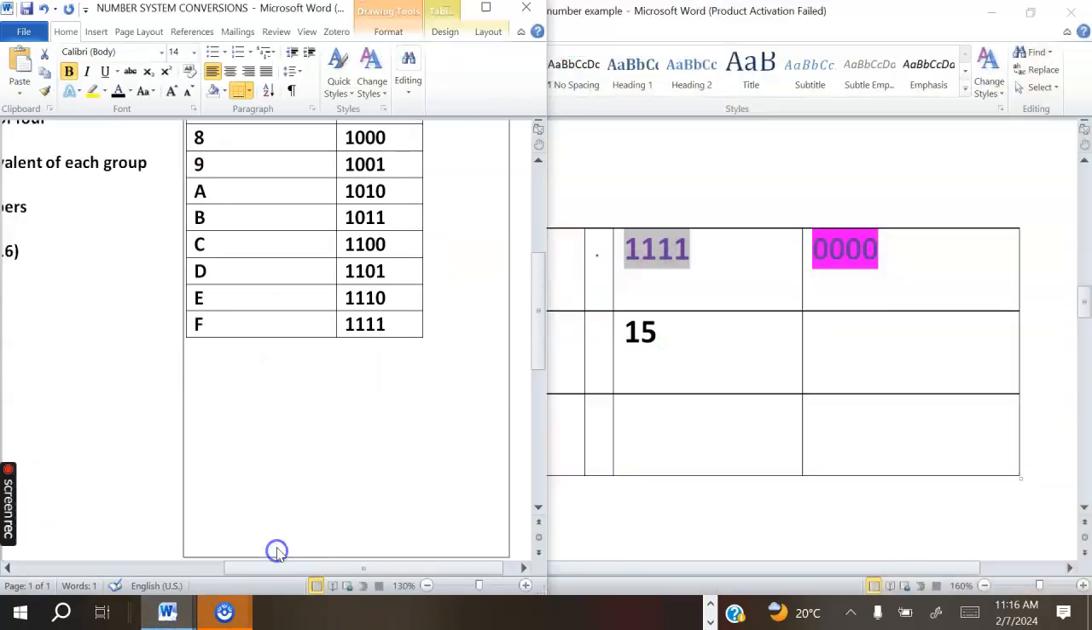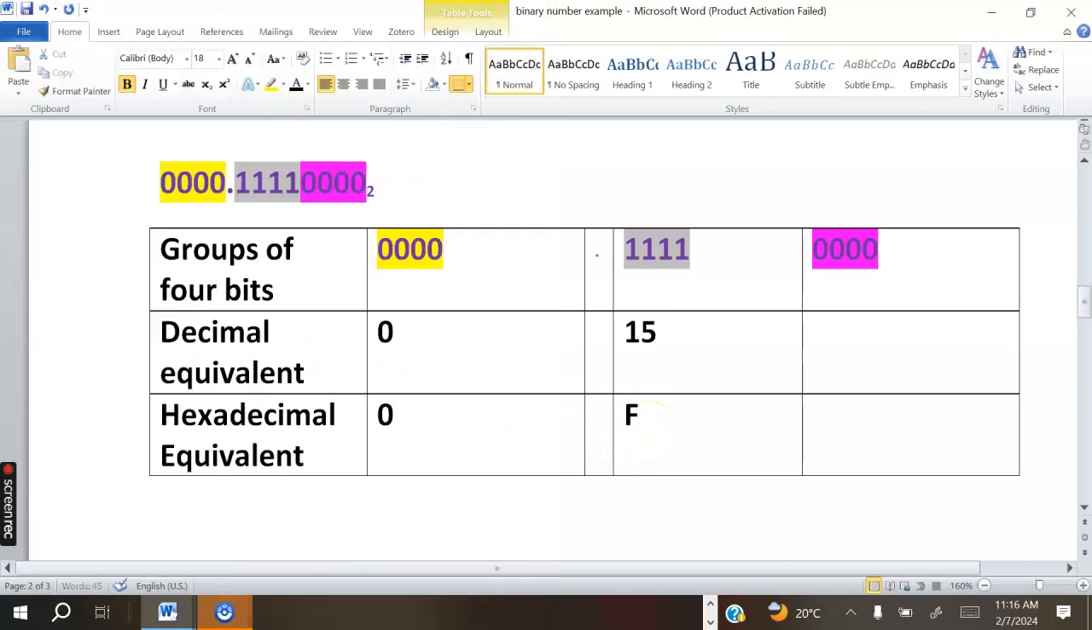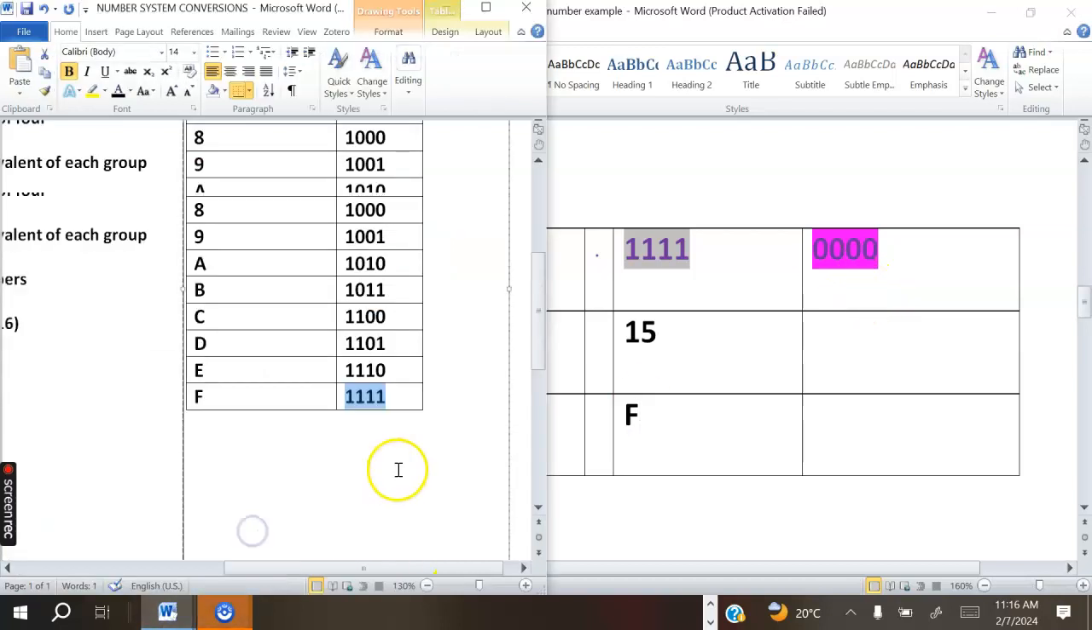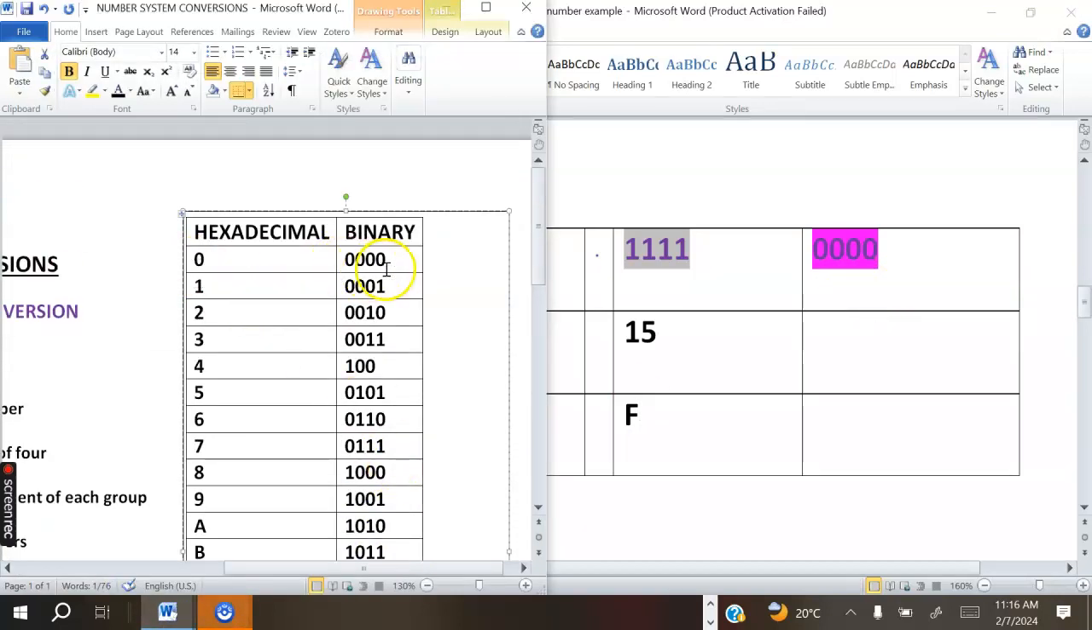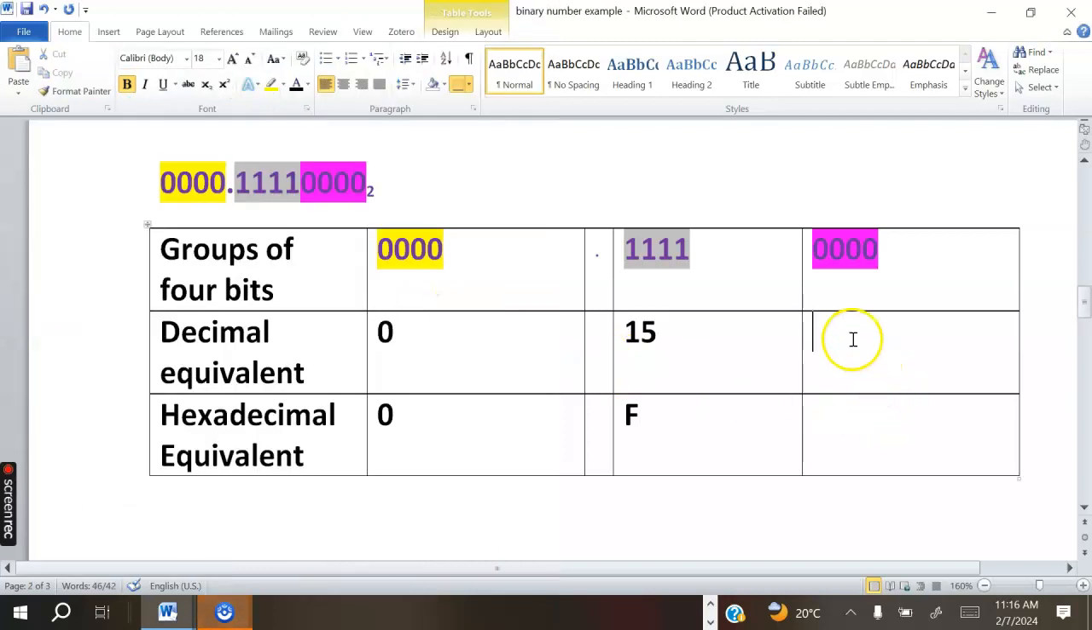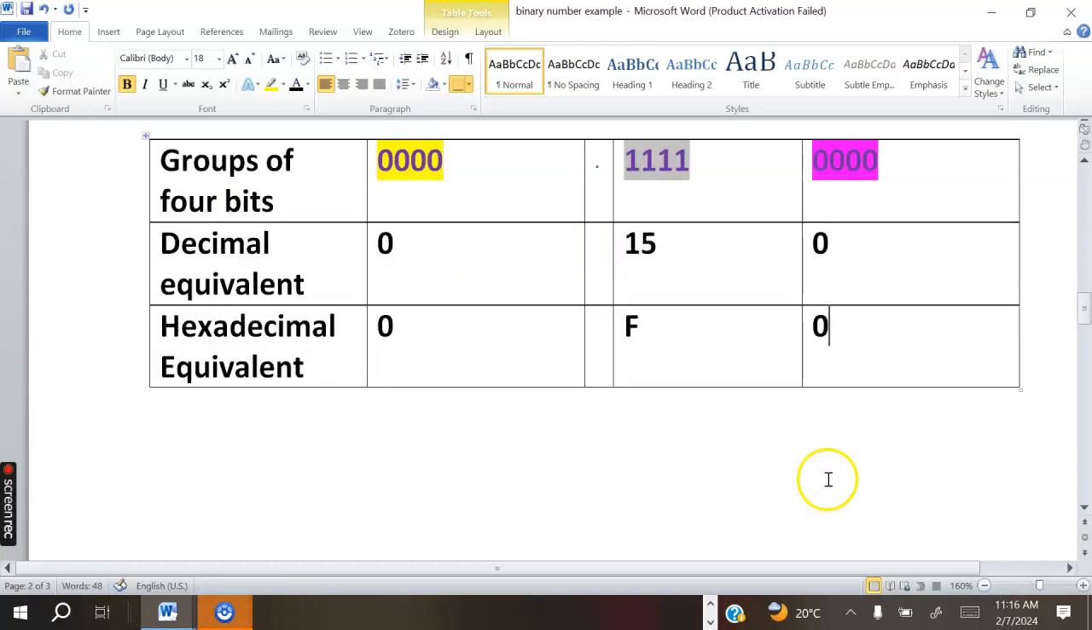So 15 is equivalent to this. As you can see from my table, 1111 is equivalent to F. Then this one, we have the 0000, which is as usual supposed to give us 0. Okay, having done that, the next step is now to write the answer, and our answer is supposed to be,